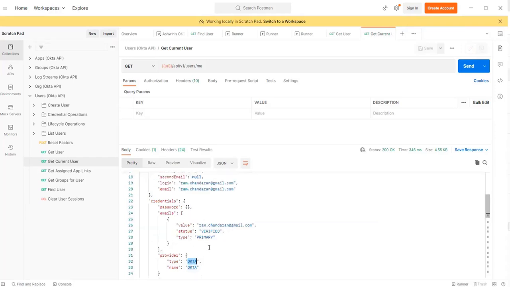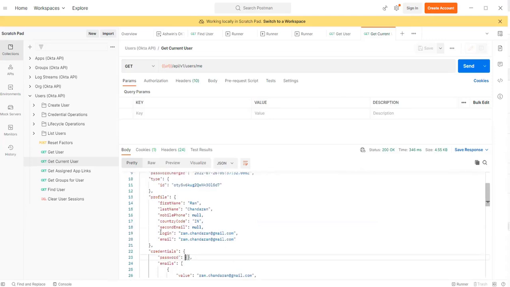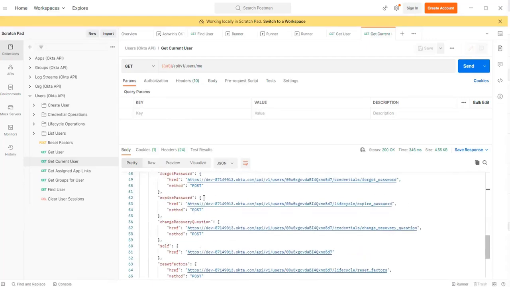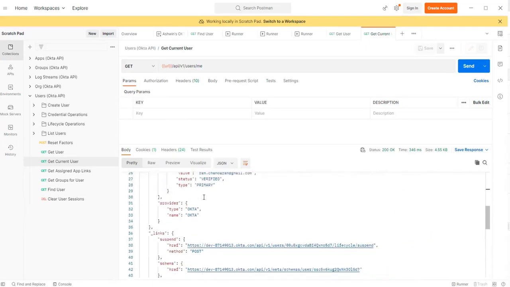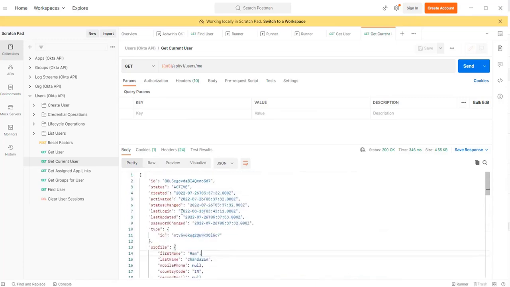Okay. And what is my credential? Actually, password will not be shown here. But if you want to update the password, I'll show you how to do that. Okay, and my login ID. This is my login ID. This is my email, my first name, last name, mobile country code. Okay, and if you scroll up, all these things are the external factors that are not there. Okay, so likewise, right now, if you see, I have pulled user information from Okta